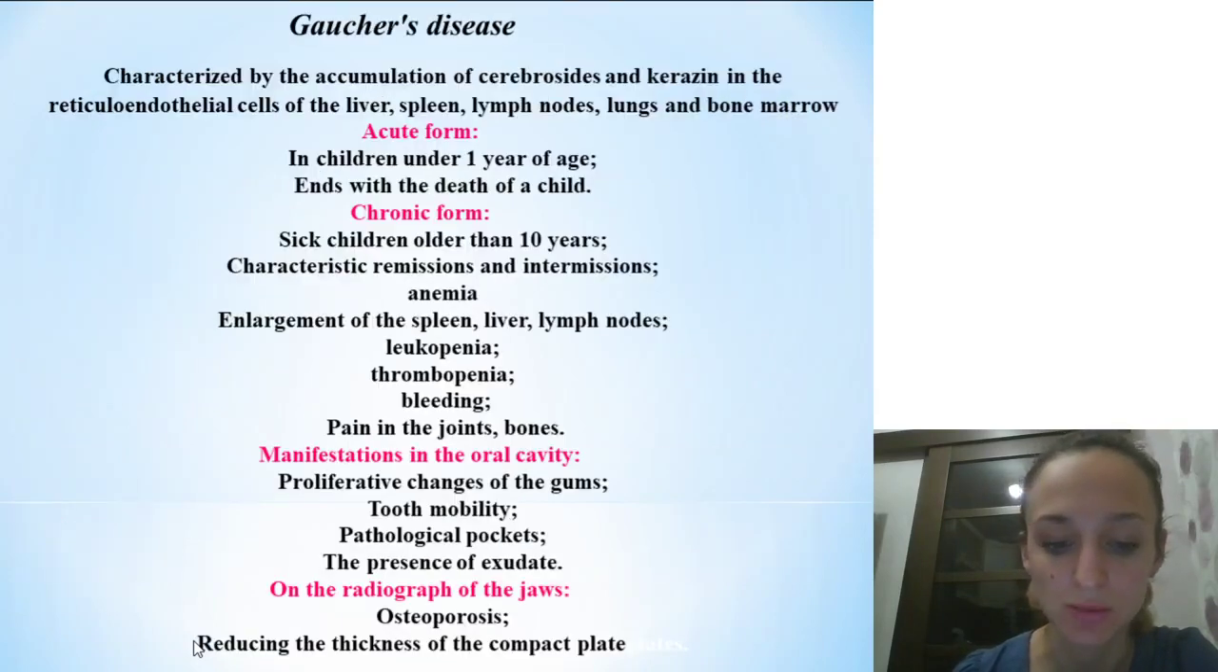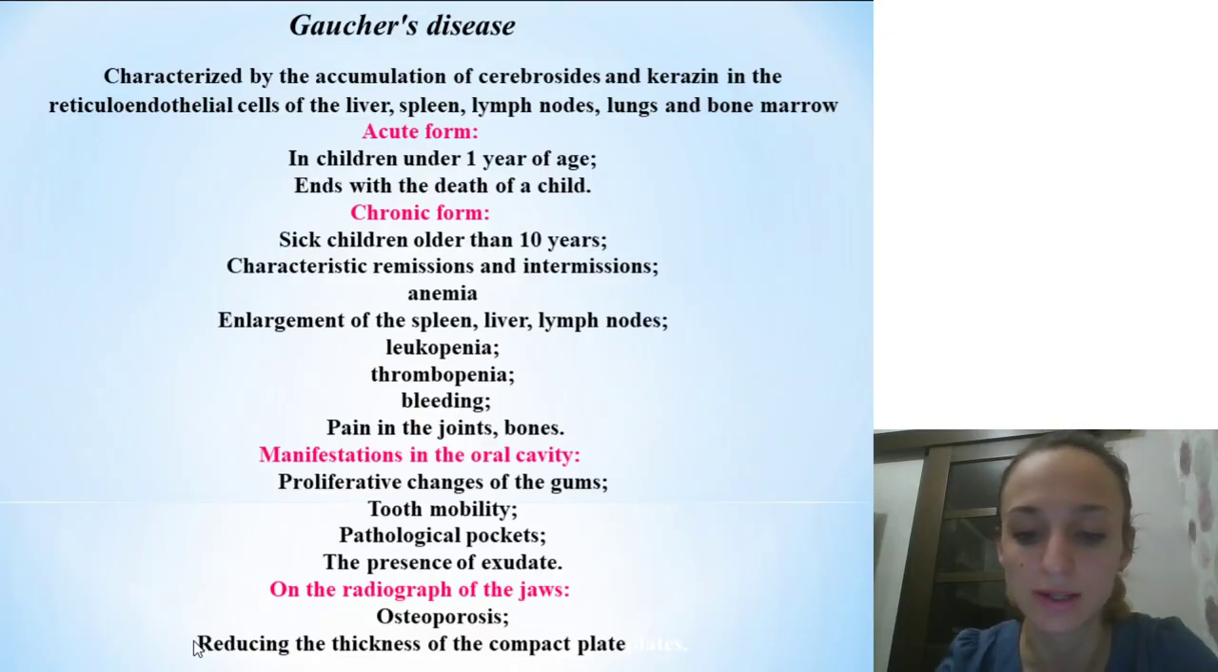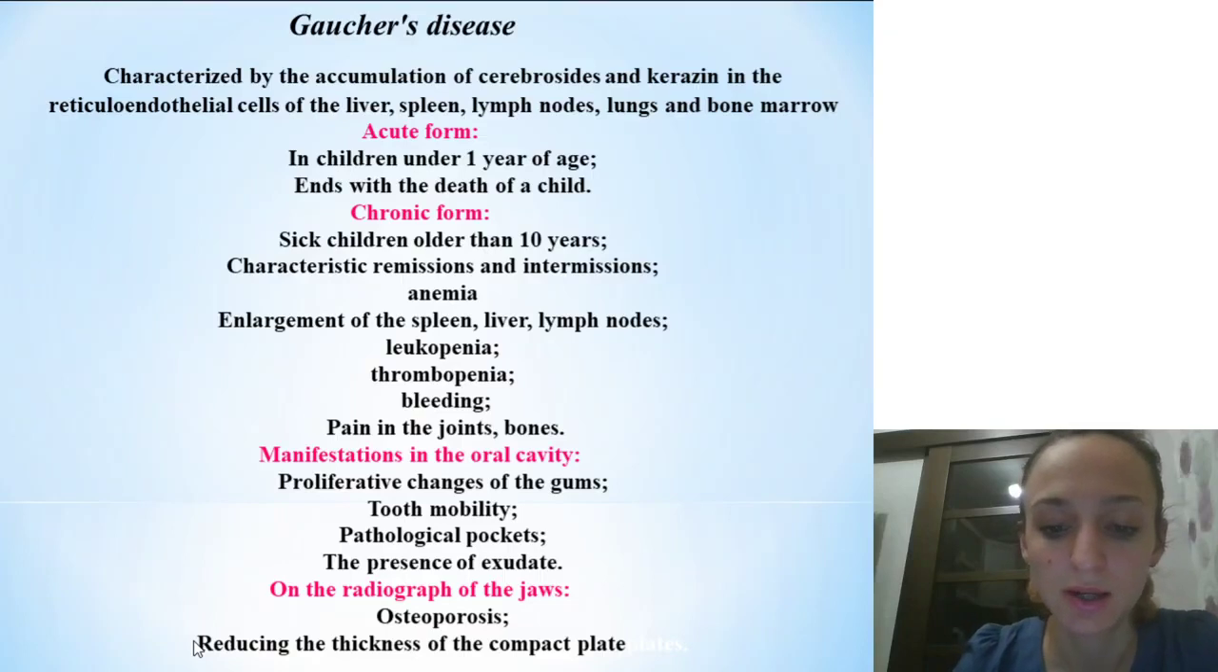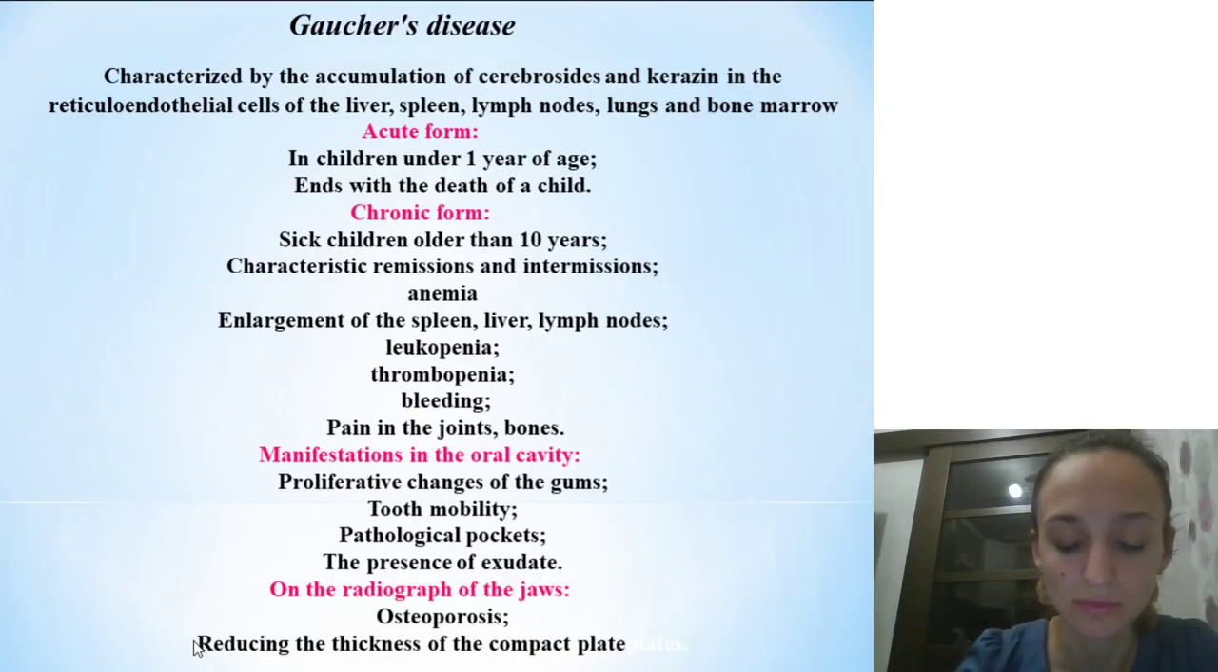So, next one, it is periodontal syndrome in case of hereditary neutropenia, which is rare and characterized with decrease of the number of neutrophils in the peripheral blood and bone marrow. And the cause of the disease is hereditary deficiency of enzymes. And